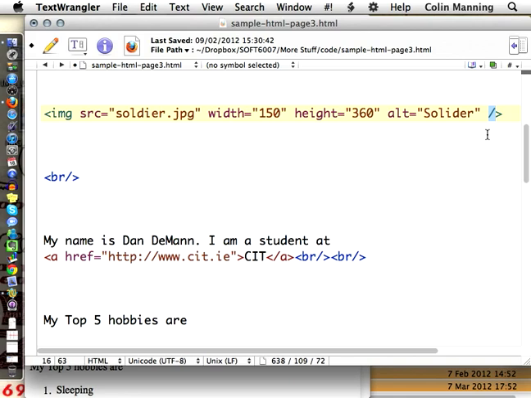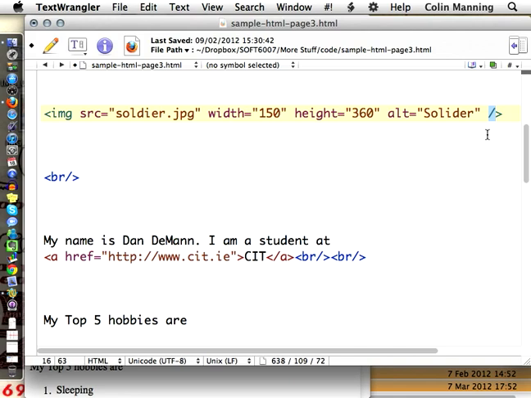If you're on a very slow connection, the image might take a while to download, and you could see in the meantime what the image was going to be. Also, if for some reason the image doesn't download, the contents of this alt attribute will be displayed. But the main reason we do it is that